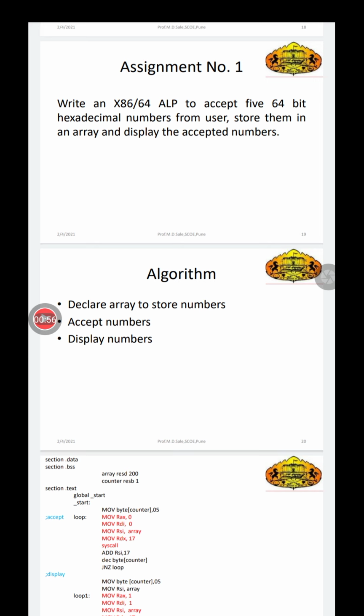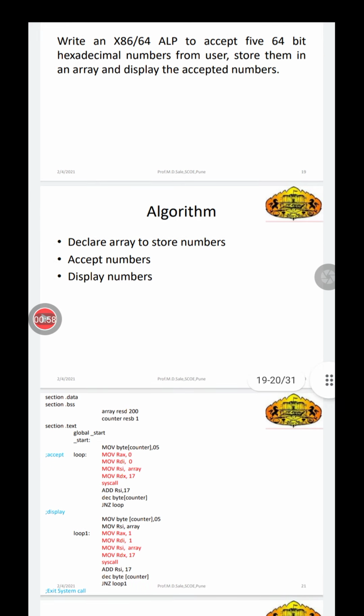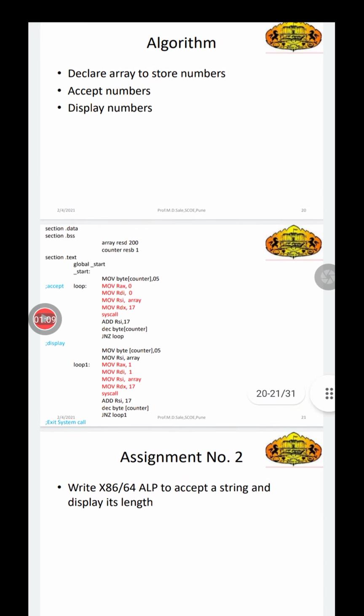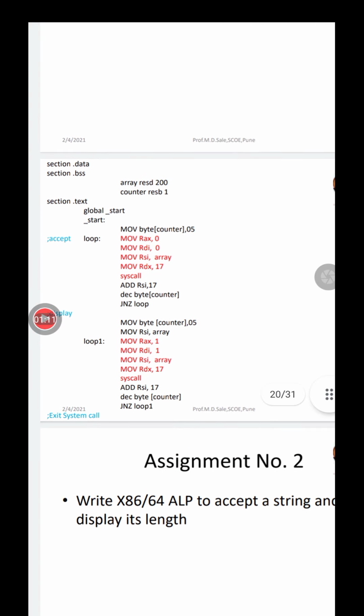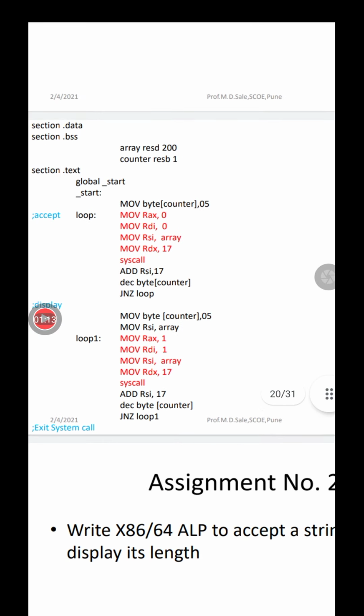numbers on the screen. So we have to declare first an array to store the numbers, we have to accept the numbers, and we have to display the numbers. These are the 3 steps in the algorithm. So just see, under section .data,